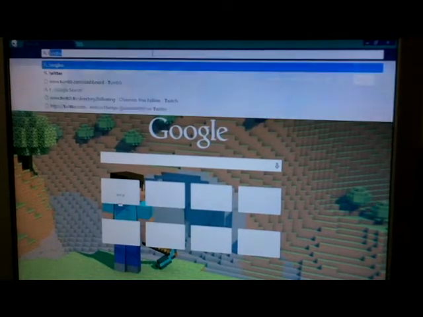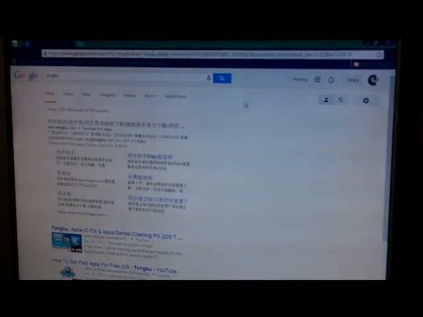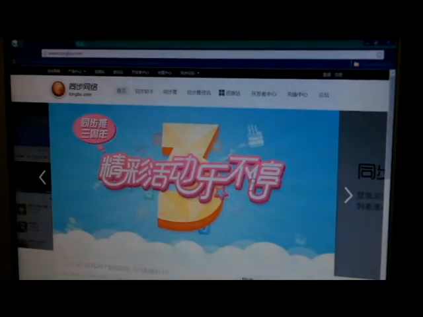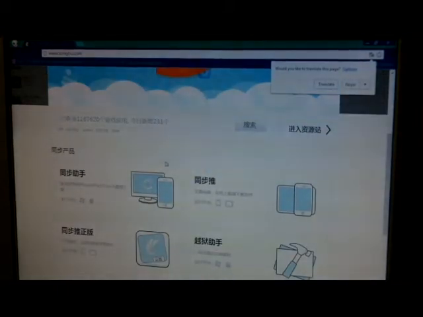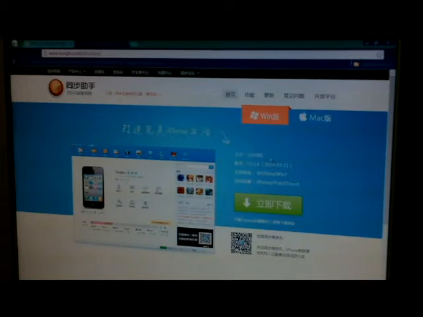But just go to Google, tongbu, just like you did on your iPod, same website. It's going to open up like this. You want to scroll down a little bit, and it's this first one on the top left right here. And there's two little icons, Windows and an Apple icon. The Apple one is for downloading it on a Mac computer if you have Mac, and the other one is for Windows. You want to click the Windows one, hit this download green button here,